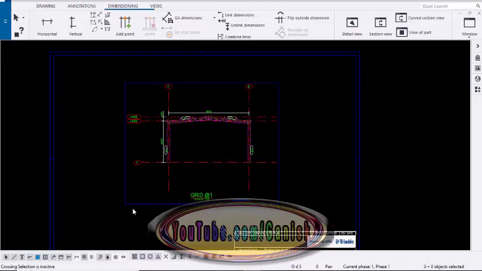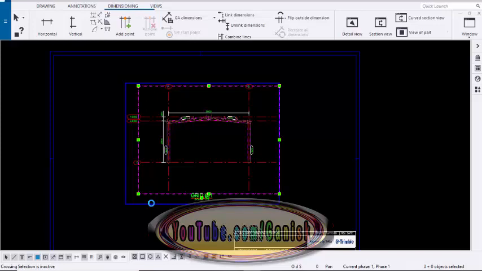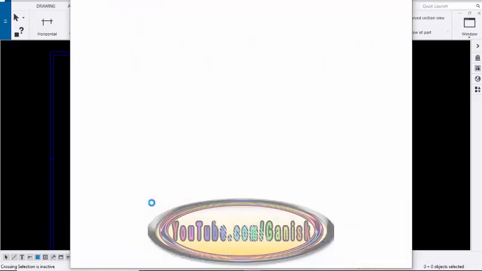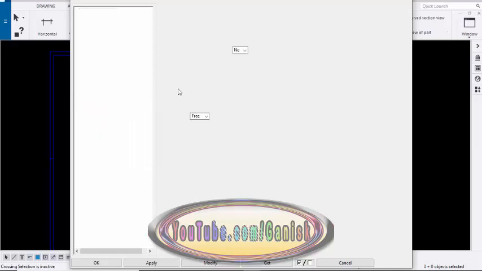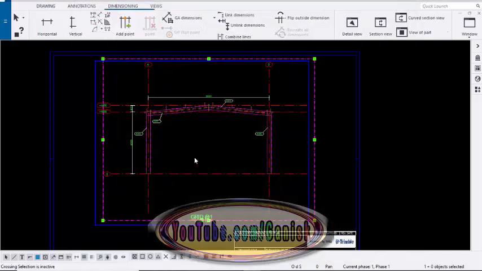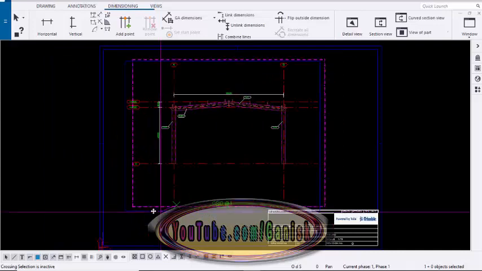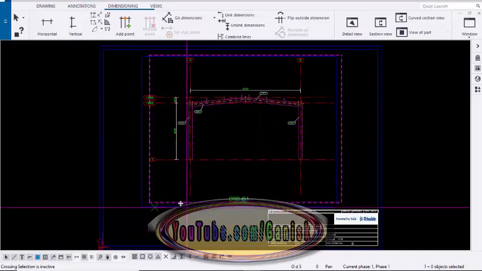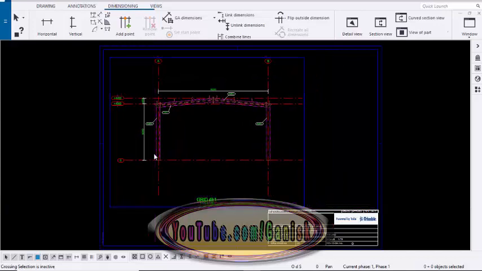Now we're going to scale up this drawing a little bit, so double click on this border, let's take 1 by 50 millimeter, then click on modify, click on apply, OK. Okay, click on this border and you can pan it and you can adjust the position of this drawing like